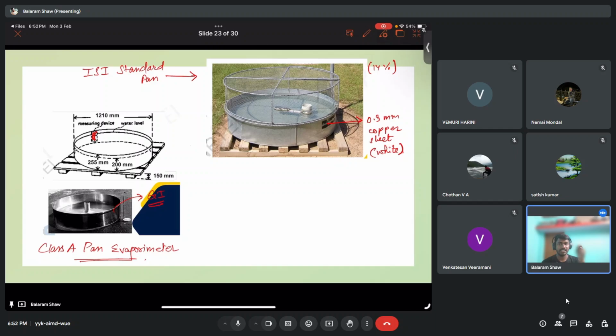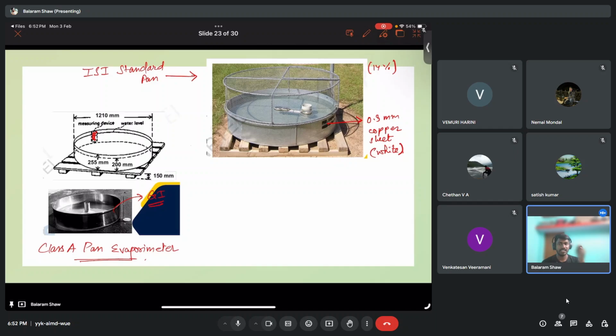So the environmental condition that we have is not the same. Okay, so next what we do is we make one pan evaporimeter which is buried into the ground or sunk into the ground, and there comes the Colorado sunken pan. Sunken pan is as in buried pan. So it is buried in the ground, and what is the advantage? Advantage is that both the aerodynamic and the radiation characteristics are similar to that of the lake. So in the lake, there will be aerodynamic characteristics, radiation characteristics will be there.